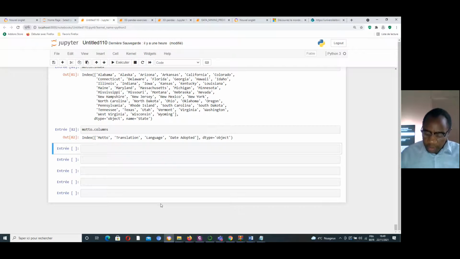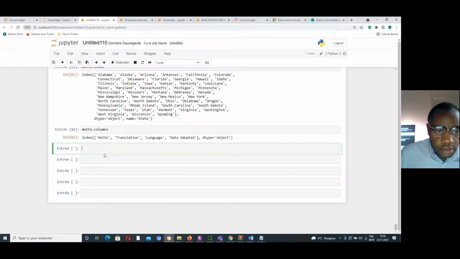We can create a copy of the data sorted by a specified column using sort values. I want to use sort values to create a new copy of the data frame.